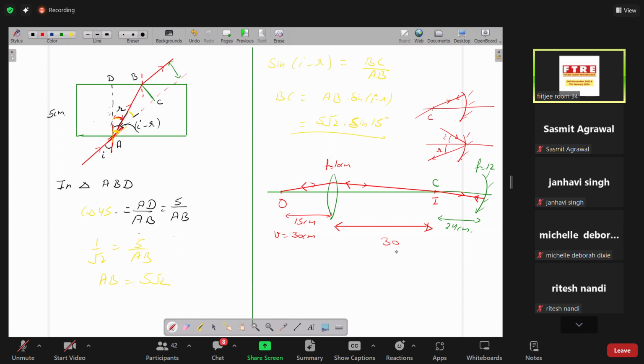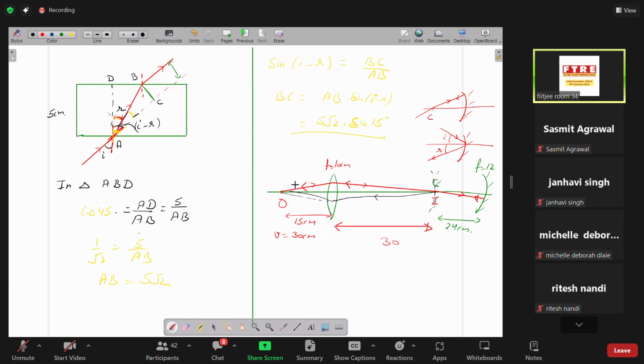Okay, in this case it can happen that if my mirror was placed here, for instance, then the ray will retrace its path. Sorry, it will get reflected back, making the same angle. So there will be a ray like this, incident on the mirror and reflected such that, in this case the object distance is 30, then the image distance will become 15. The path is being retraced, or rather we should say replicated, because